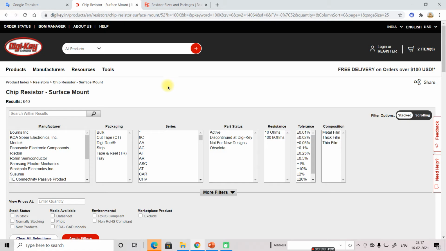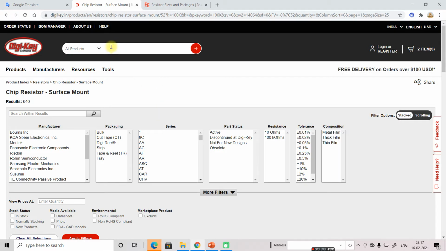General use means commercial use, like mobile, laptop, machines, washing machine, fridge, or any other electronic equipment. A fridge might come under automotive because there is temperature generation in the fridge, but here it is a general use application. I will tell you how to select the component and what features we need to select.